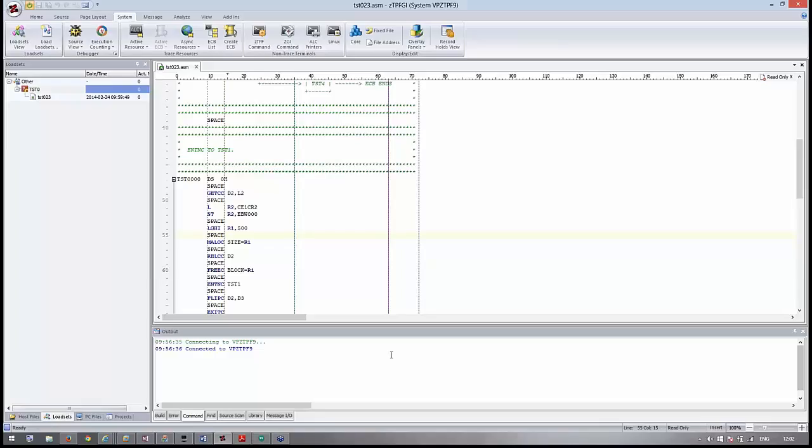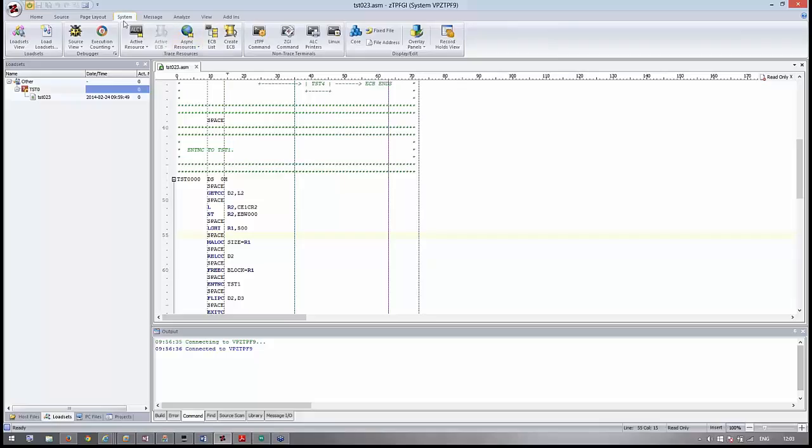Let's start off by actually looking at how to allocate an asynchronous trace resource. The way that it works is that we allocate resources which listen for the specified criteria and then intercept the ECB and show it to you once it finds a message with that criteria. What you can see here is that I have zTPFGI running. I'm connected to a vPars, and I'm